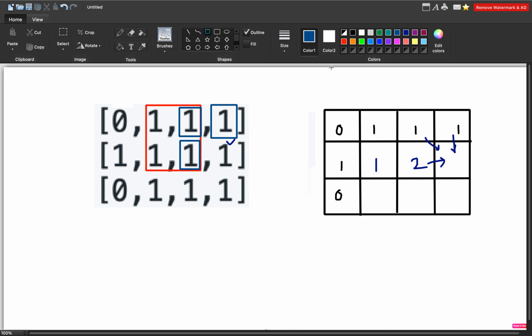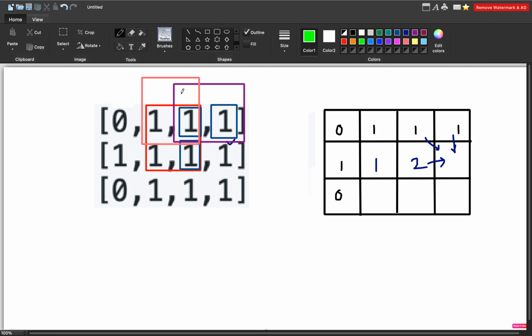The reason is, for example, consider the scenario was like this, right? I'll do it again. Not this, obviously. Now if we had to add 2 here, 2 plus 1, why aren't we doing it?